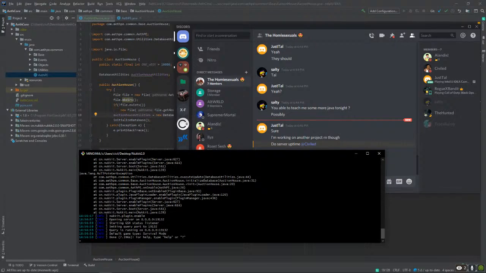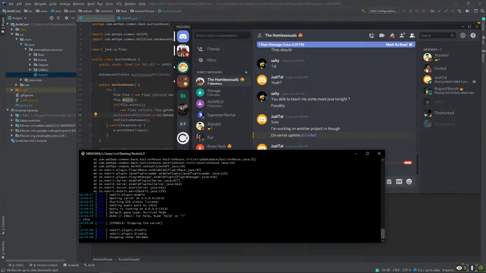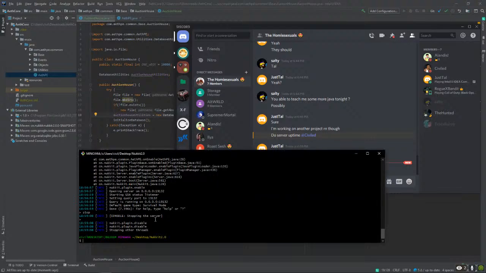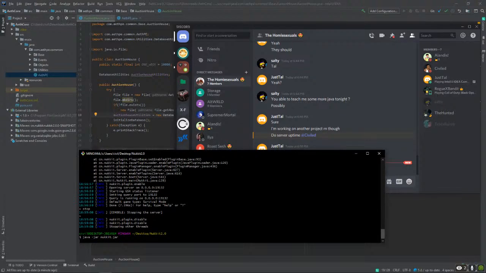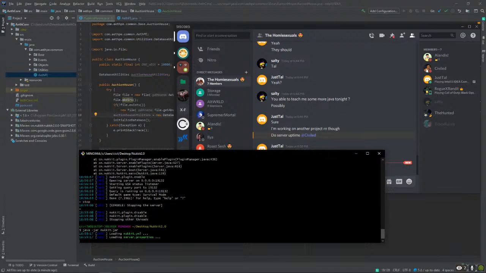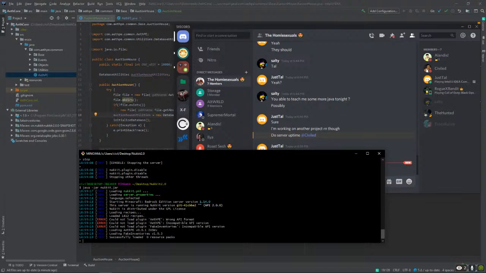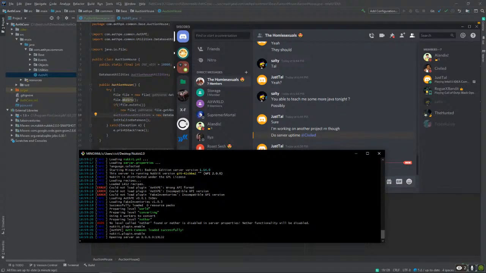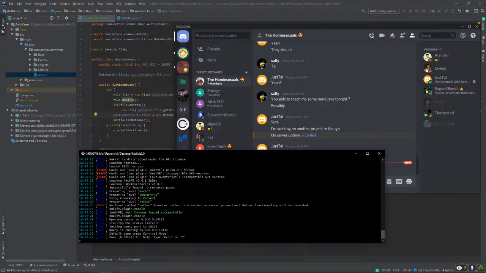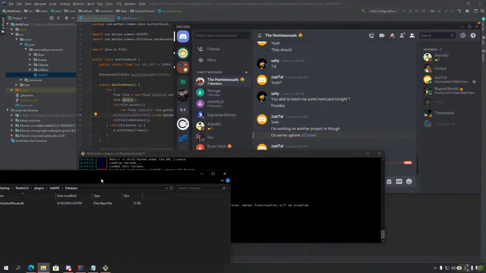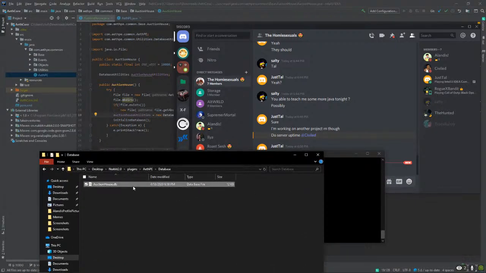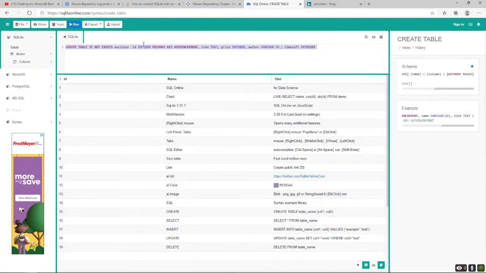Okay, so I need to stop the server moments ago. Huh. All right, so it's successfully created the database folder, and let's open this up in the SQLite browser. So, file, open database.